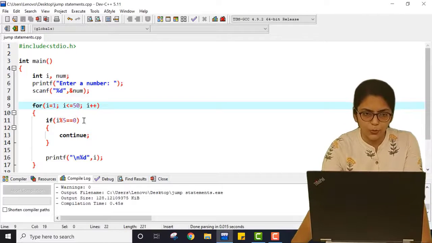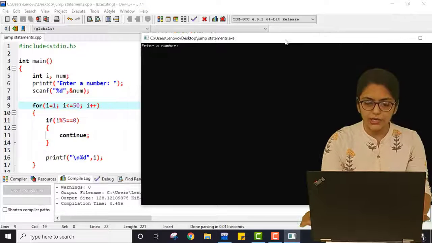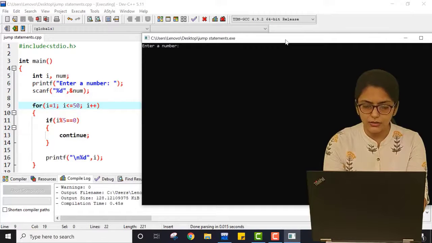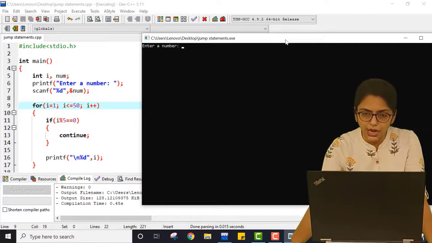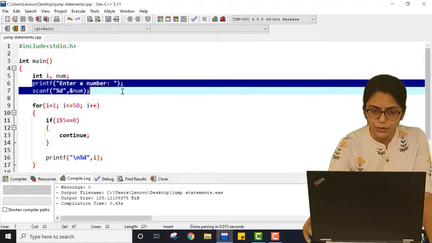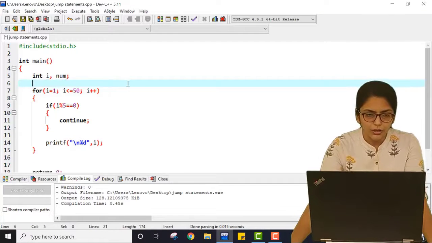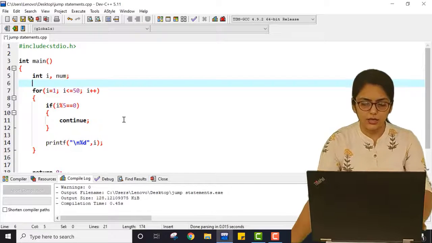If I just save this program, compile it and execute it, it is not necessary to ask the user to enter a number, because here I am not checking the condition based on the number entered by user. Here directly the loop will start from I, that is 1.